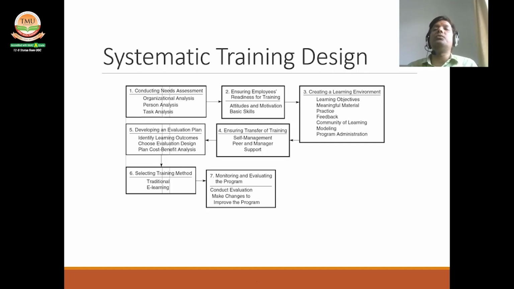This is the diagram which is showing what you have to do and what steps you should follow if you want to have a systematic training session for your employees. In this, point number 1 shows conducting need assessment. What we have to do is go for organization analysis, person analysis, and task analysis, because first of all the organization has to be analyzed, then we find out the need for training, then persons or employees have to be analyzed, then we find out the need for training, then the particular task for which we want to train our employees should also be assessed,